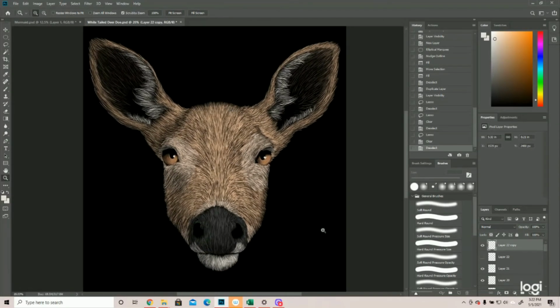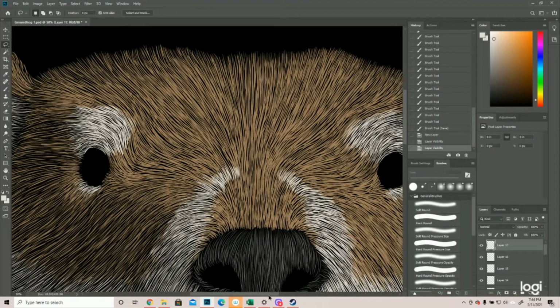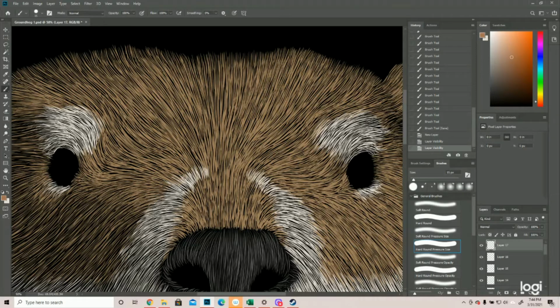All right. I'm just debating on what to do for the eyes. They're pretty dark, like a lot of smaller animals. Just feel like I could draw something in, but for now, let's see what this looks like. So I'm gonna just take the select tool and create the light flare on the eye without drawing it in. Scratch that. I'm gonna try and do a brown eye. Most animals have brown eyes. Groundhogs are described as having black eyes, depending on who you read. So their eyes are probably pretty dark. I'm gonna come with this brown and just